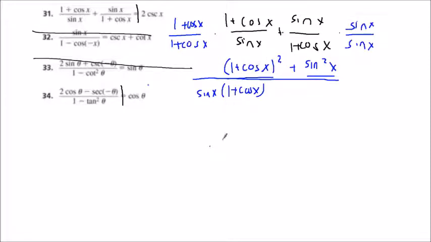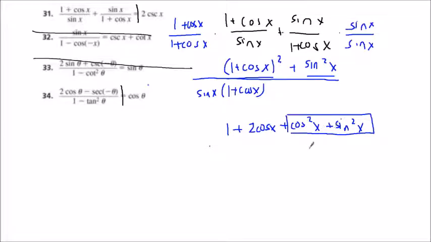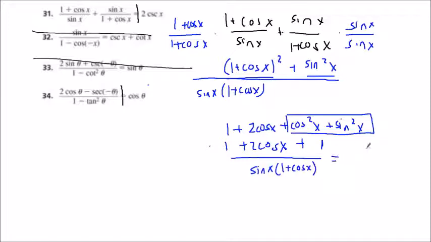You can actually do this because they're under the same denominator now. So this we're going to expand. We're going to do some pretty messy stuff. If you FOIL this, you'll get 1 plus 2 cosine x plus cosine squared x plus sine squared x. And you see the Pythagorean identity right here, and this will get you 1. We have 1 plus 2 cosine x plus 1 over sine x times 1 plus cosine x, which will give you 2 plus 2 cosine x over sine x times 1 plus cosine x, which is equal to